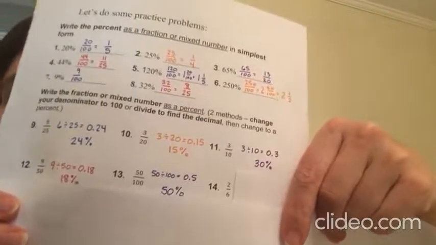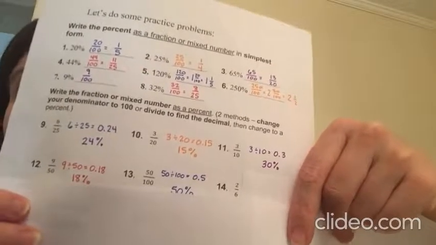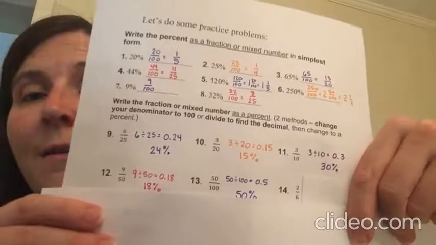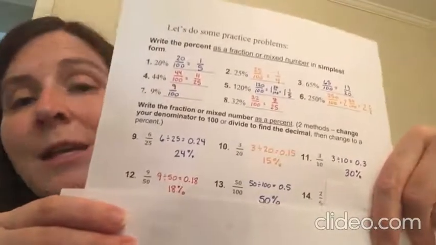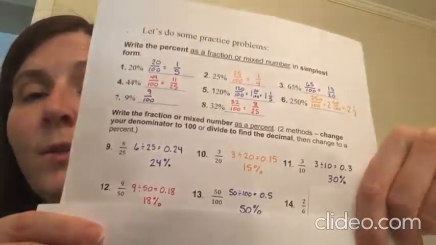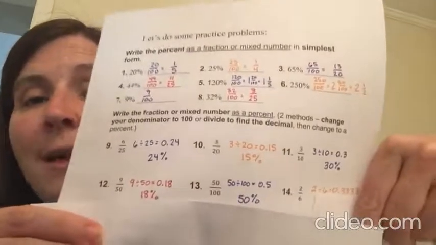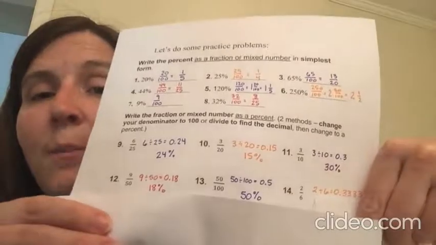And then number 14, 2 6. Now this is an example of one of those. You can't make 6 turn into 100. So this one, you have to use this method. So you need to say 2 divided by 6, which gives you